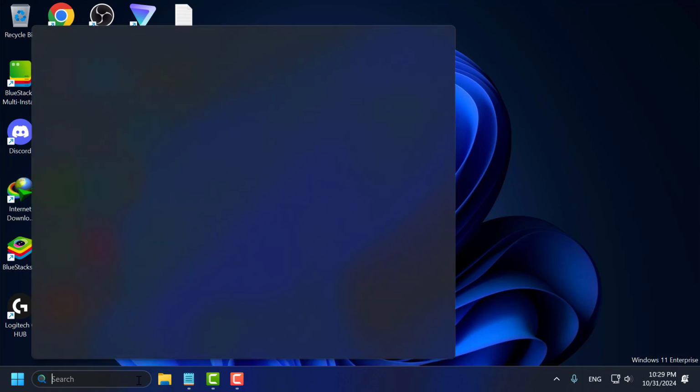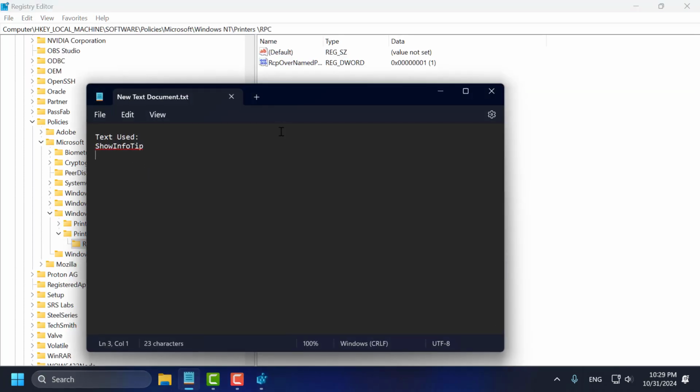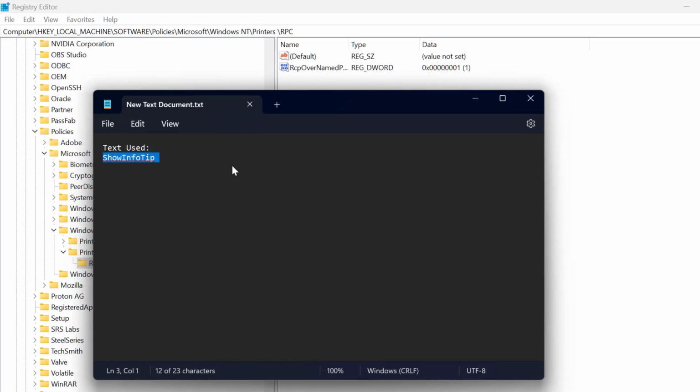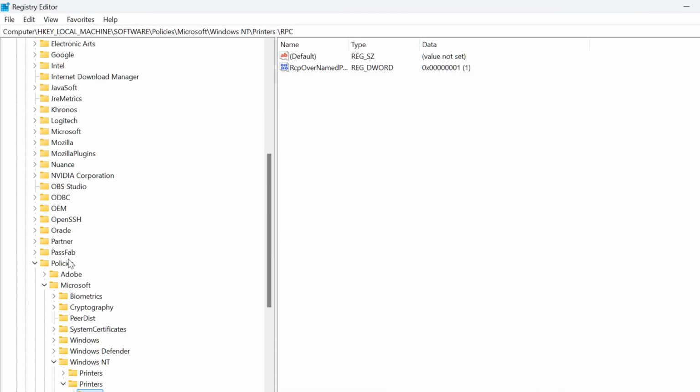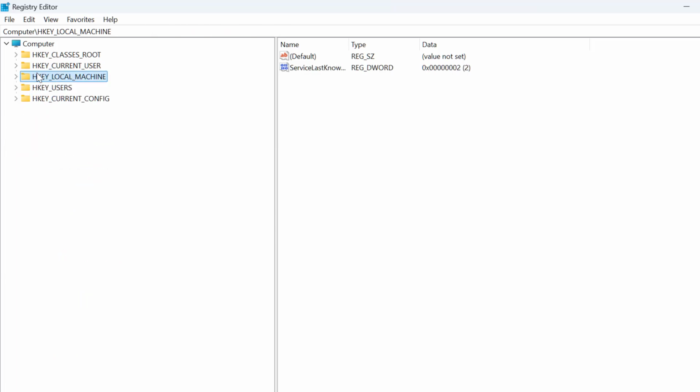You just need to go to the search menu and type registry editor, click on open it and select yes. Now you just need to check my video description for the text used in my video. Just copy the text and after that you just need to select the HKEY_CURRENT_USER and after